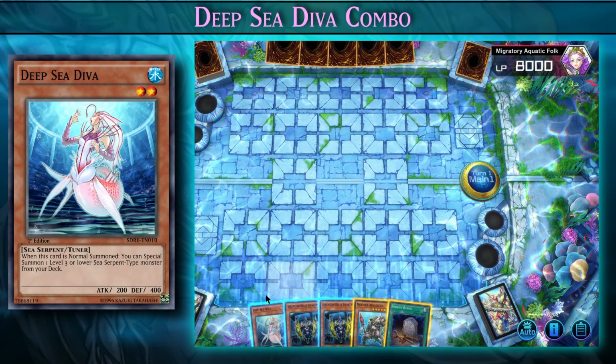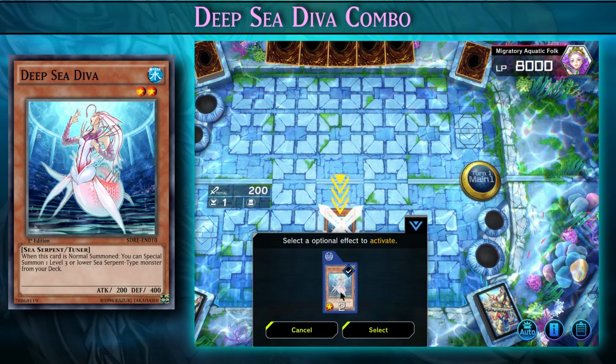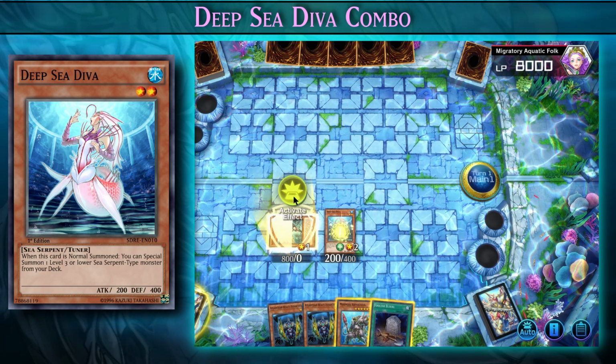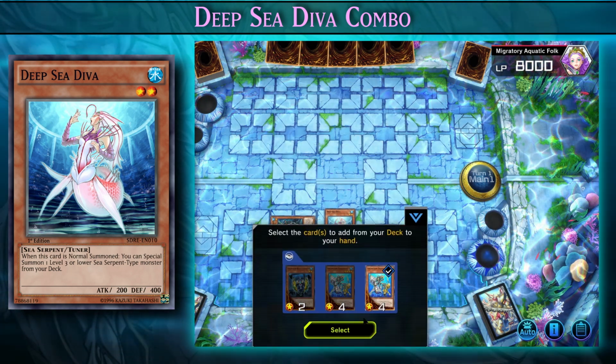Now we can take a look at a 1-card combo involving Deep-Sea Diva. We're going to normal summon Deep-Sea Diva. Deep-Sea Diva will then special summon Atlantean Prince from the deck. Atlantean Prince can send 1 Atlantean monster to the graveyard as a cost, so we can add an Atlantean card